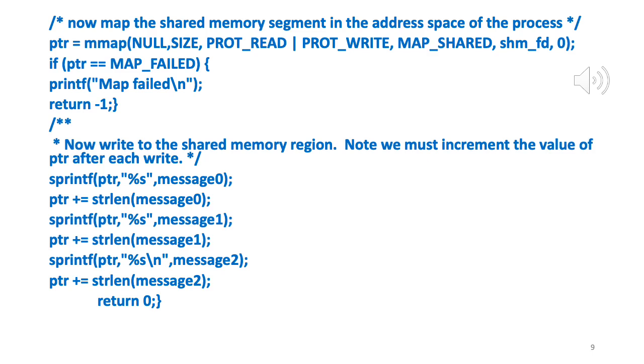So once again, to recap, what we have done is we've mapped the shared memory segment onto the address space of this producer process. We returned a pointer to it, and now using that pointer we'll just be writing a series of text messages to that shared memory. Note that shared memory is attached, it's mapped to the address space, it's not separate. So now I hope it is clear, right?